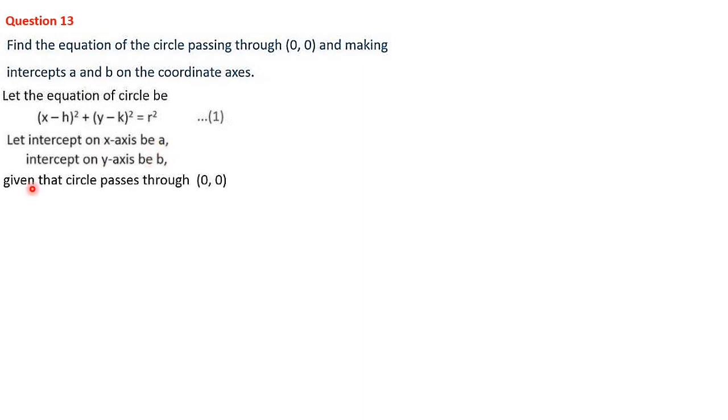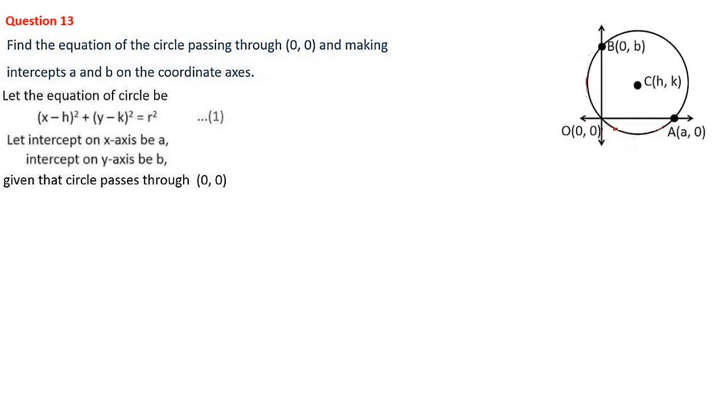That means the given circle is also passing through the point 0, 0. This is our condition. 0, 0 means origin. So by using these conditions, let's visualize the question. There is a circle passing through the origin. It is passing through a, 0 because this is the x-intercept. X-intercept means only the x value will be there, the y value is 0. And for the y-intercept, only the y value will be there, the x value is 0, because the point is on the y-axis. If you take a point on the y-axis, the x value will be 0. If you take a point on the x-axis, the y value will be 0.